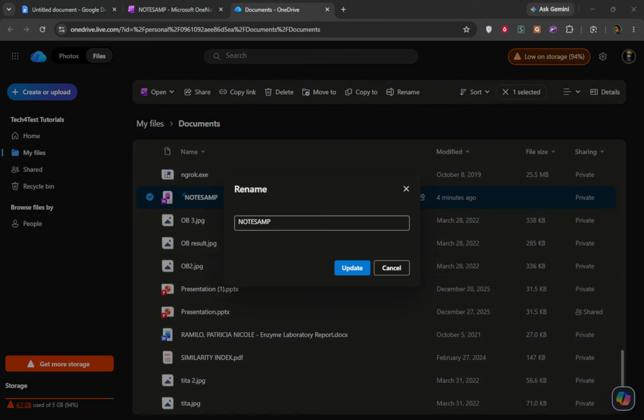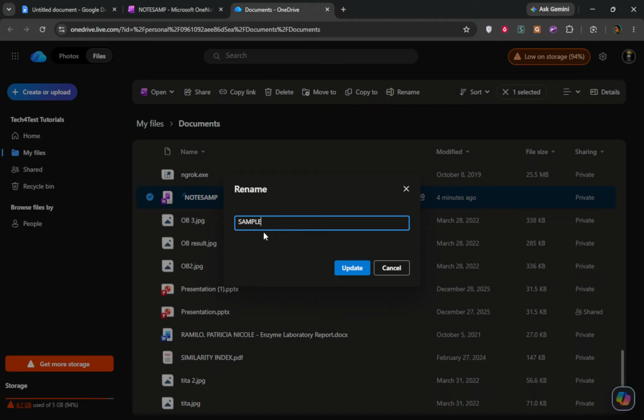Then enter the new name and save it. Once you've typed in your desired name, be sure to confirm the change by clicking away or pressing Enter. This ensures that your changes are recorded. You will see a confirmation message or the new name displayed, which reassures you that everything is in order.